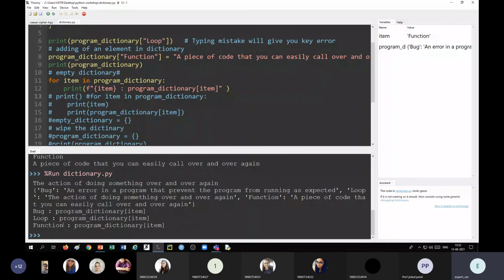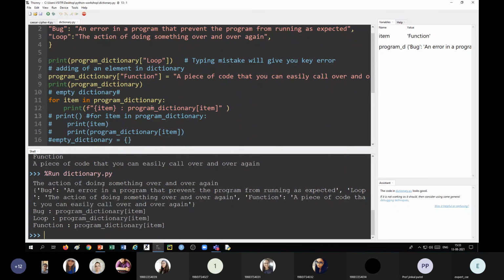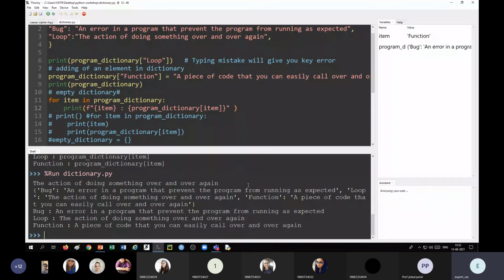Okay, so bug and its value. So what happens? This must be value. Okay, so we got bug and its value, an error in a program that prevents the program from running as expected. Okay, and the loop and the function.